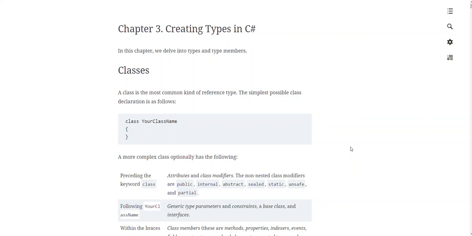All right, here we are. Welcome to Module 3. Now, in the first two modules,